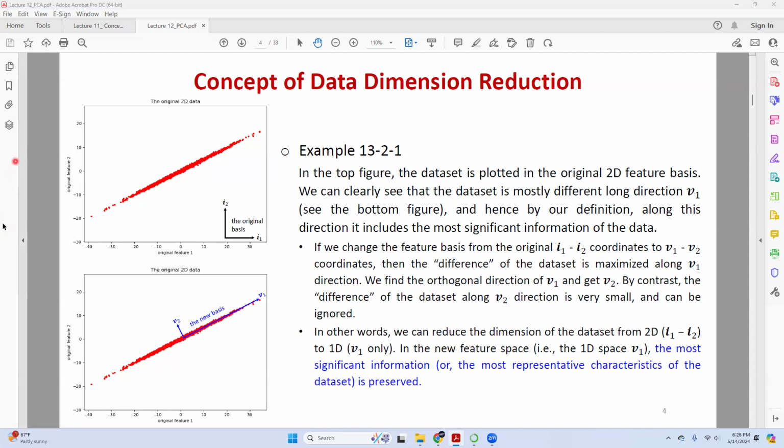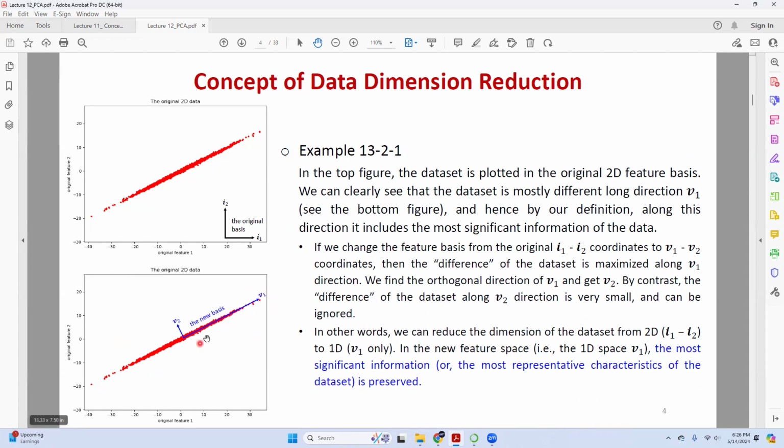Let me just give me a second. Let me plot it here. Let me use, let's say, the yellow color. So in terms of V2, it's even too small to plot an arrow, just a very, very small distance. But in terms of V1, see, my distance is so big. And hence, V1 is actually my main difference.